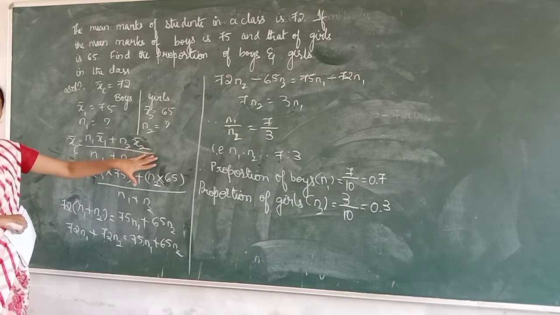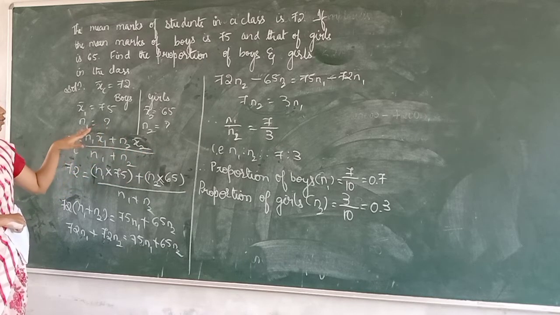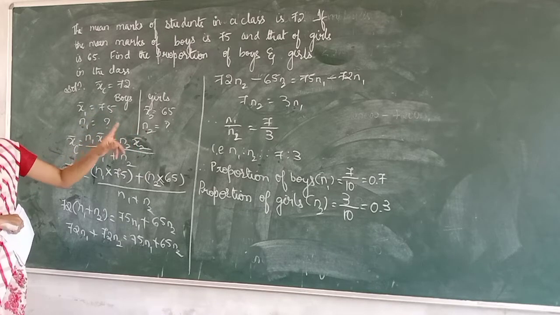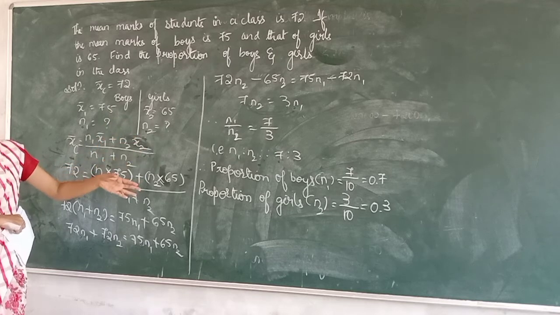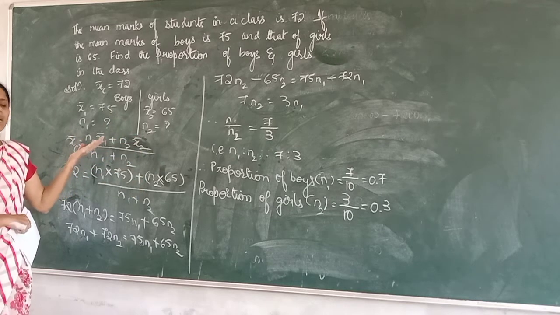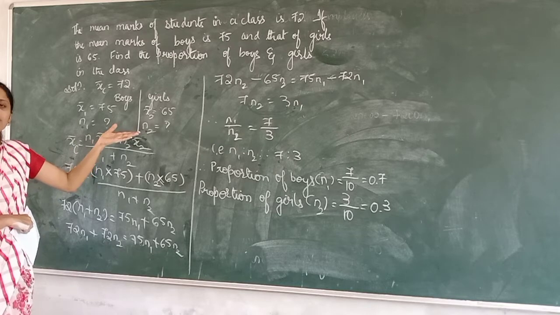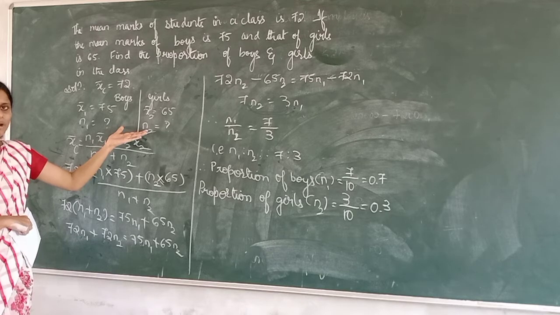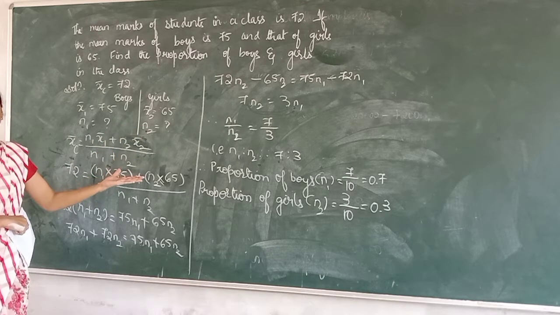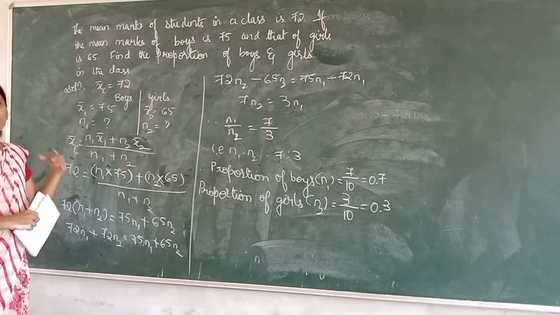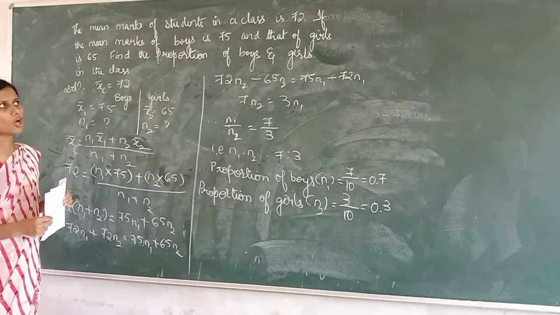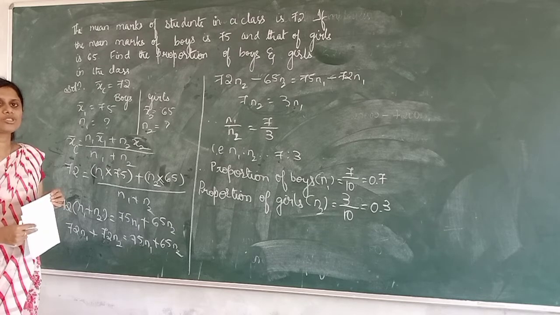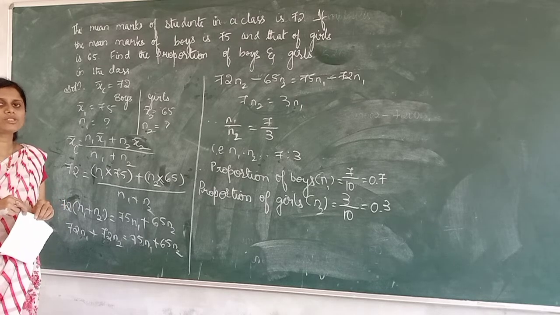For the same question we can have one more solution, where we take N1 plus N2 is equal to 1. By taking that total as 1, we can also find the solution. Like how we calculated for the previous problem with N1 plus N2 equal to 100, here we take N1 plus N2 is equal to 1. Like that also we can solve the same problem. So this is a simple way you can give the solution for the given problem. So here our problems on combined mean are done. From the next class we are going to solve the problems on median.